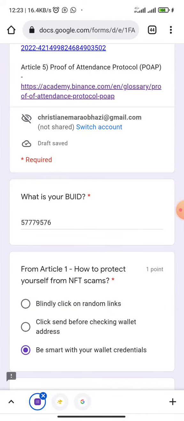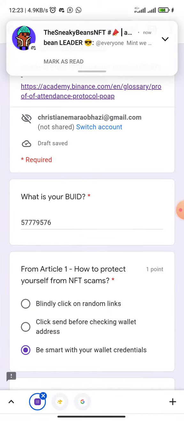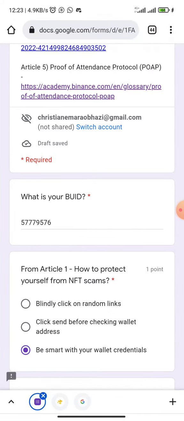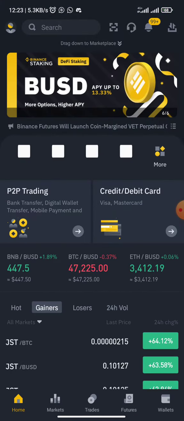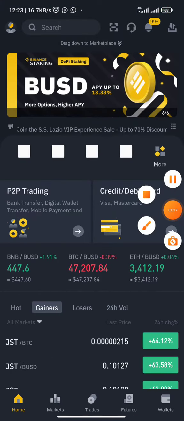Before you can get your Binance user ID, you have to go to your Binance account. And once you go to your Binance account, at the top left corner you see these 8 figures. Okay, let me go to my Binance account so you can see right here. So this is my Binance account. All I need to do is to click on